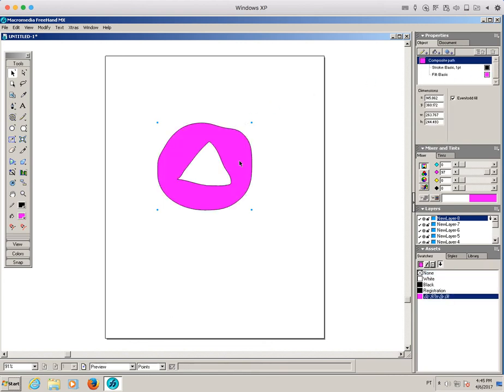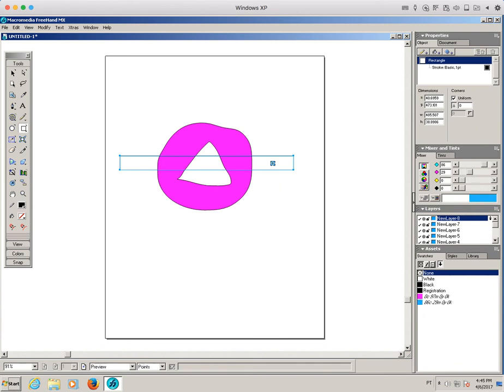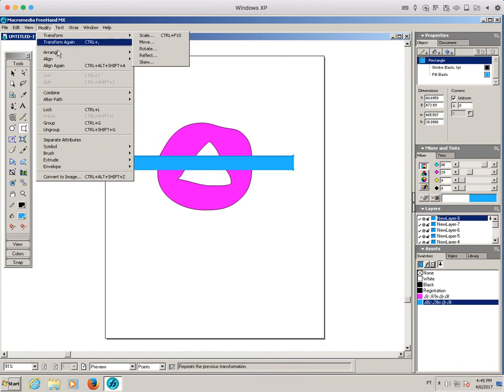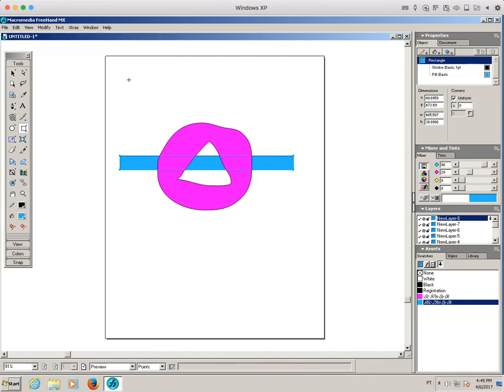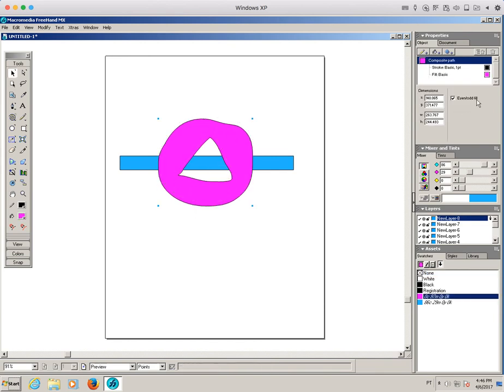Okay, so it's even odd fill by default, so it doesn't matter what direction. Let me just create a rectangle and place it. I'm going to paint it with blue, and I'm going to place it, so send to back. Okay, so we really have a hole here,